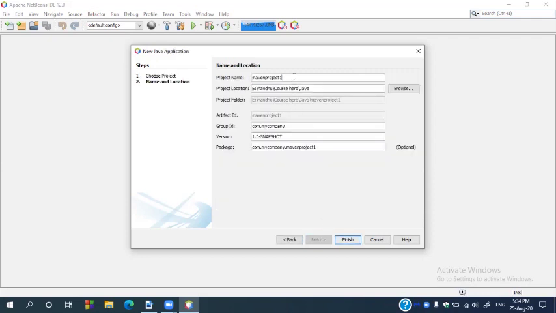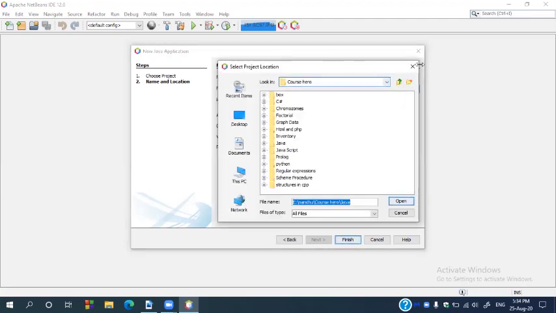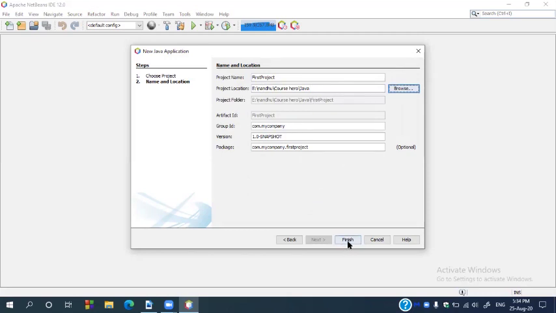So this is the project name. You can give the project name whatever you want. Let's say MyFirstProject. So my project name is FirstProject, and this is the path where you can store your Java project. If you want, you can change the path. It's the default. Once you create a project,